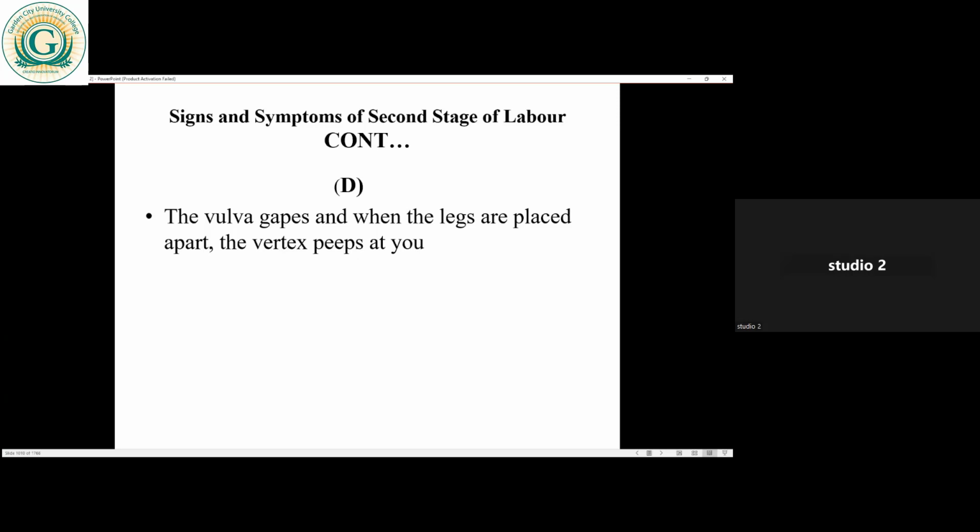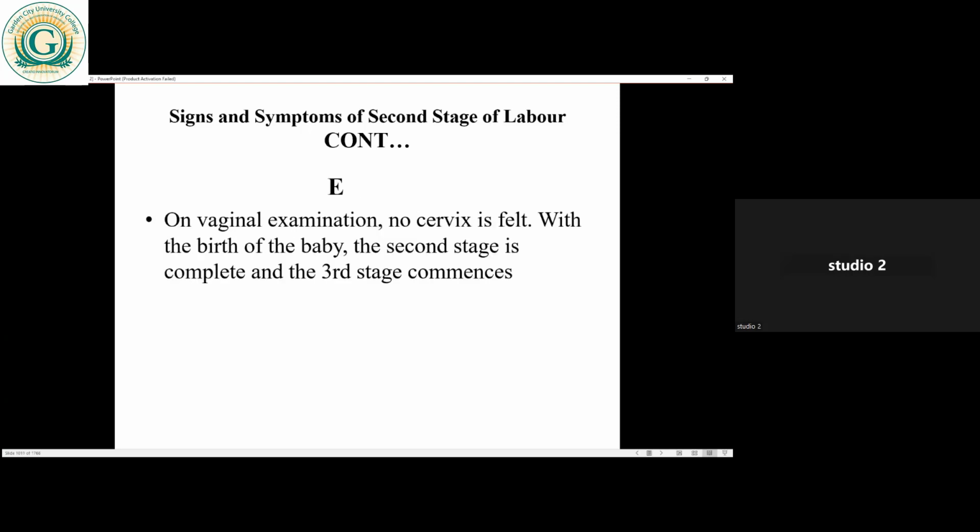See whether the vulva gapes. Look at the anus, whether it's this shape, that tells you that the woman is in the second stage. And look at the cervix, whether it's fully dilated, whether the cervix is flat. With the birth of the baby, the second stage is complete. With the birth of the baby, the second stage ends, then it means the woman has entered the